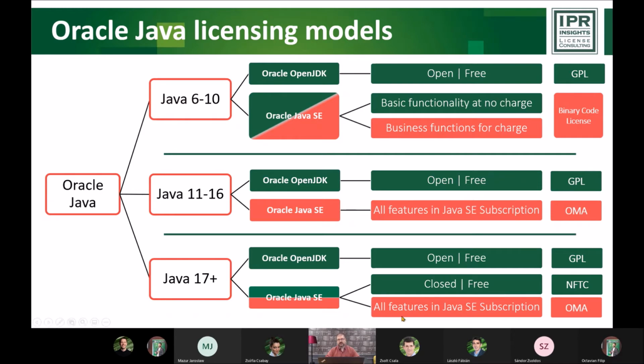Besides that, if you want things like support, or if you want the fancy features that are included in Java SE as a subscription license, you can still buy the subscription, and you can go with that if you need that. But at least now we don't have this huge problem anymore where we need to identify how many applications are using a Java that is not packaged by the publisher.